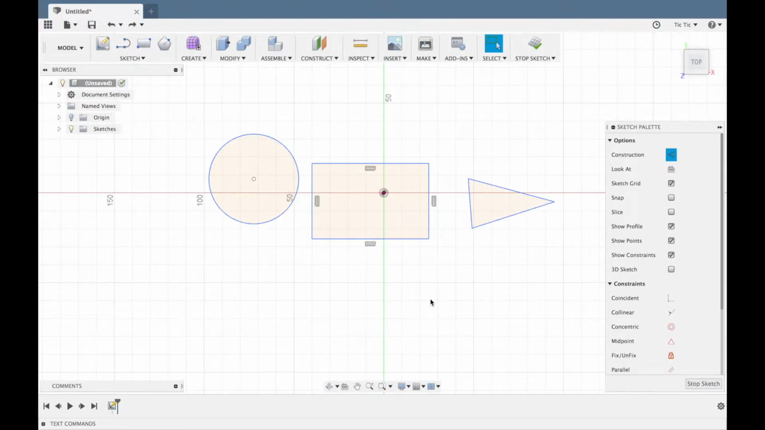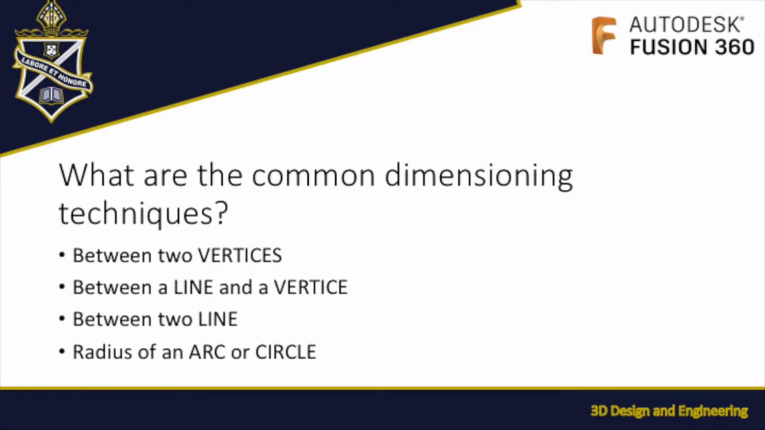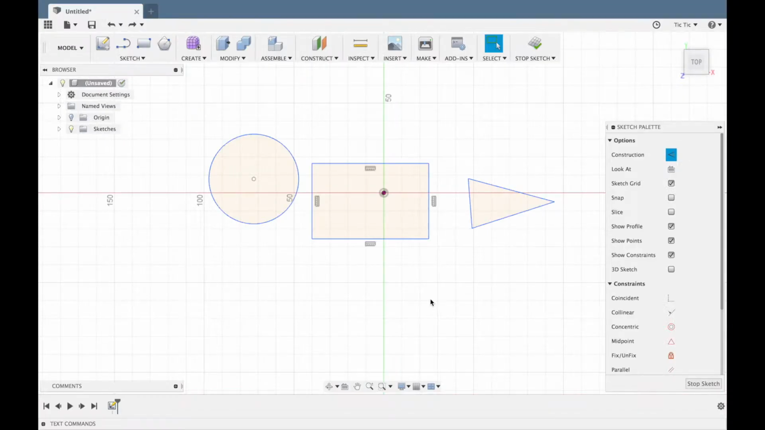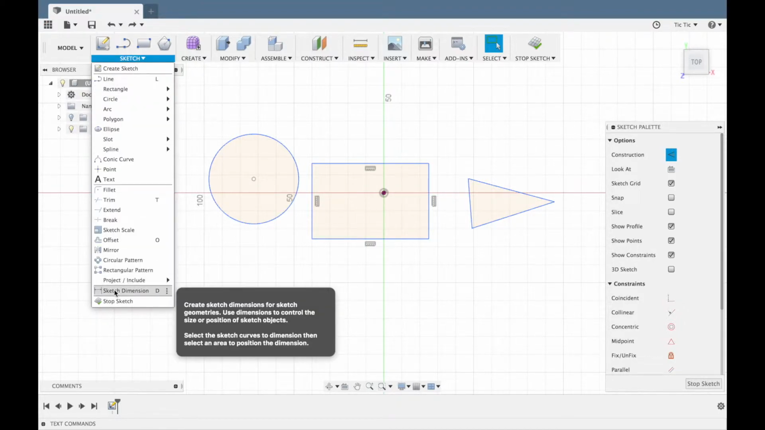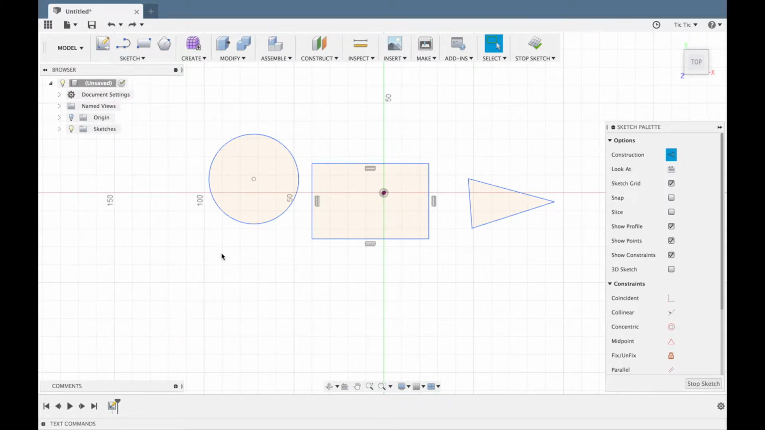When working in sketches, dimensions and constraints are ways of setting the relationships between lines and vertices and arcs. There are 4 common techniques that we're going to be using in order to set dimensions. First of all, we need to figure out how to do a dimension, and that is available through Sketch, Dimension, which is all the way down the bottom, or you can simply press the D key like